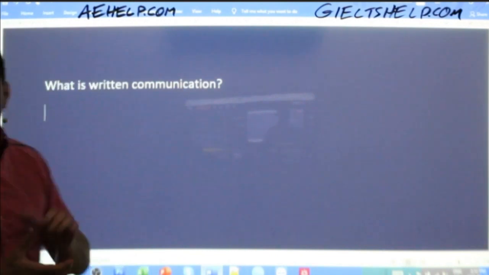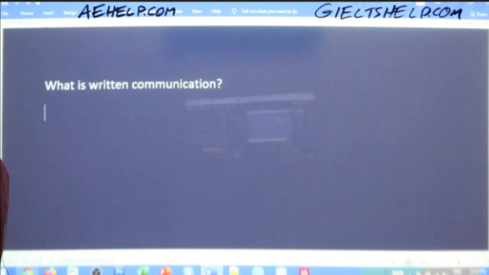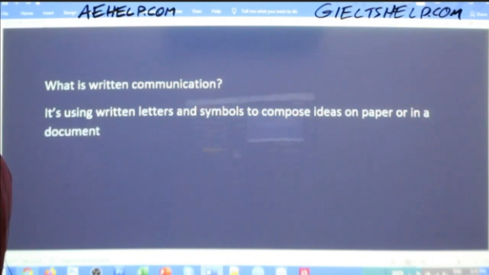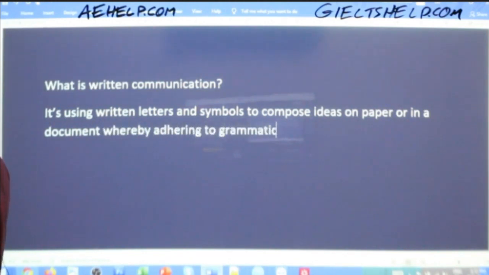So what is written communication? So it's using written letters and symbols to compose ideas on paper or in a document, whereby adhering to grammatical and syntactic rules. Okay,